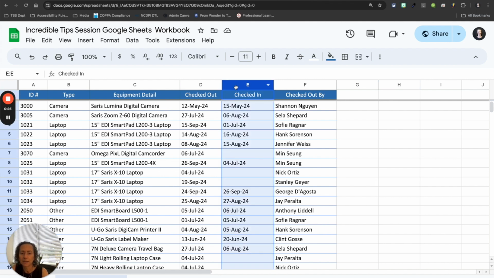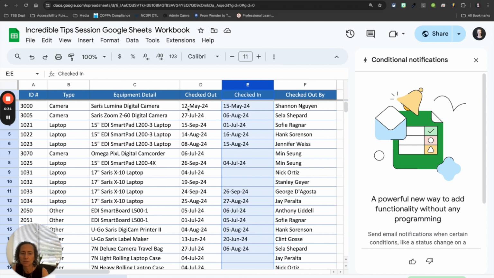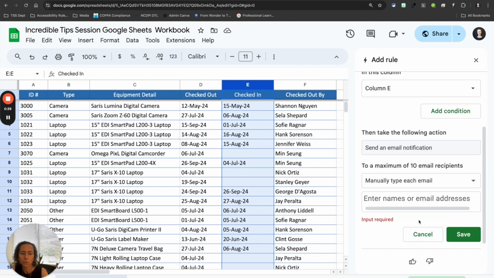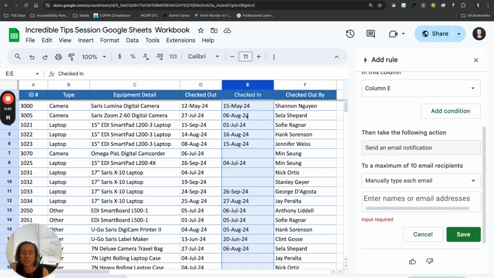So I'm going to select a column, go to the Tools menu, and come down to the fourth selection, Conditional Notifications. It opens a window on the side, so you're going to click Add Rule, and because I've already got it selected, it's got the column already done. If the cell value changes, you don't have to give it a rule name, but you can if you want to. So if there's any change made in the checked in column,